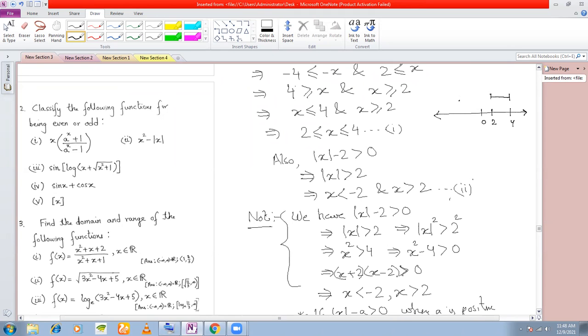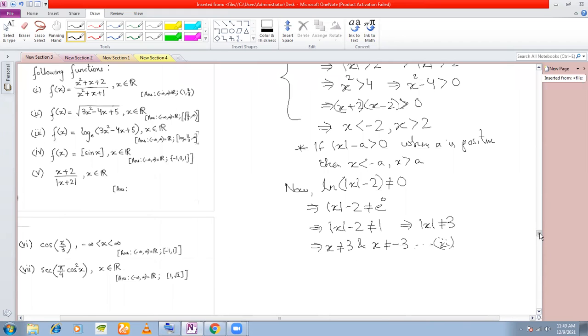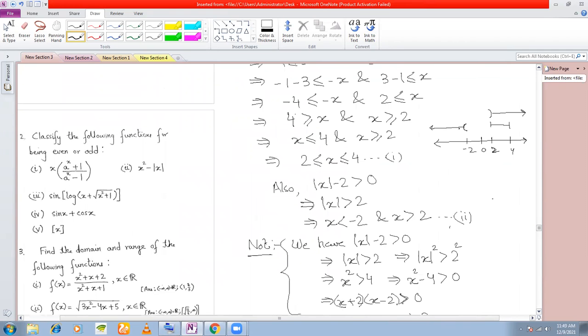Okay. In the second restriction, if you see, x has to be less than -2 and x has to be greater than 2. So x, let's say -2 is somewhere over here. So if x is less than -2, that means you must have all these values, right? And if x is greater than 2, it must take all these values, right? And what else is the third condition? Third condition here is that x cannot be equal to 3 and neither can it be equal to -3.